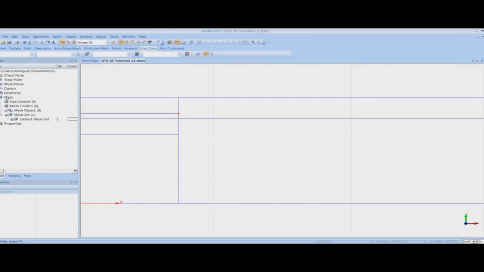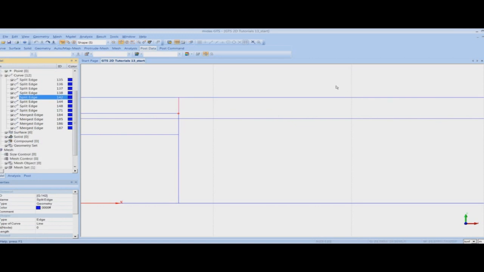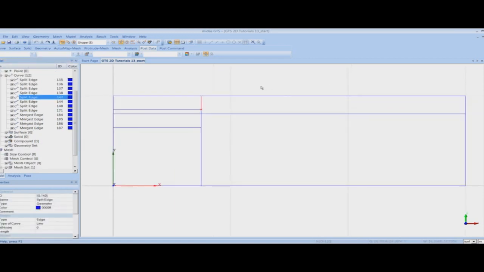So it will tell you what all curves you have defined. If you want to see the curves that you have defined in your model, then you can go to geometry and you can go to curve. So here you can see that I have defined 12 different curves in this model. Basically, the idea behind defining these curves is to reduce the time of the webinar so that instead of doing the detailed modeling, I can show you more of the meshing features and the analysis features. So here you can see that I have already defined 12 split edges.